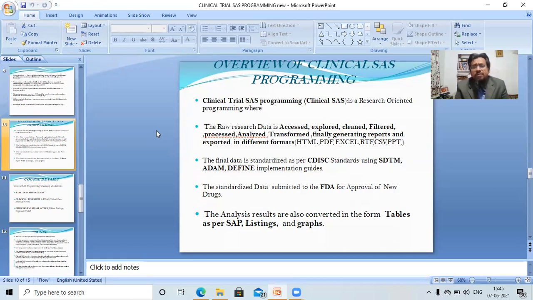In between, sometimes we are going to generate graphs also. The graphical representation is also there, right? We want to generate the graphs by using this data. So here, the data after the next step is nothing but